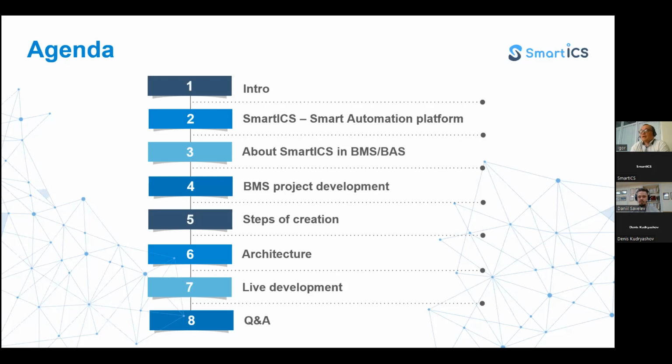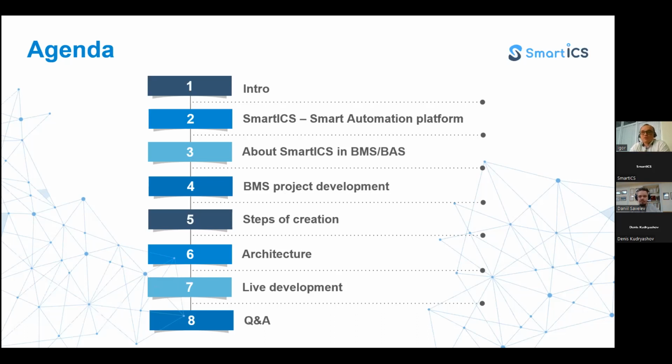Okay, so let's quickly remember what SmartICS stands for, right? And if you have some questions during our demonstration, you can ask them in the chat or the special question and answer section. Please be active. If you're interested in something, ask, and we will try to answer. Yes, exactly. We have our technical team on standby. If you have questions, ask them in the comment section for everybody to see, and then of course we'll try